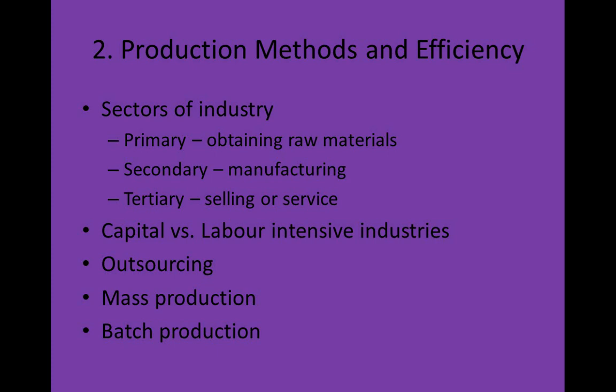So producing things, we're looking now at production methods and efficiency. Businesses either work in the primary, secondary or tertiary sector. Primary sector, obtain raw materials, so coal mining. Secondary sector, manufacture things. And tertiary sector, involved in selling or service. So the UK is very much focused towards the tertiary sector, and that's the biggest employer in this